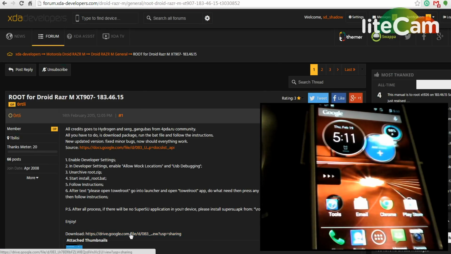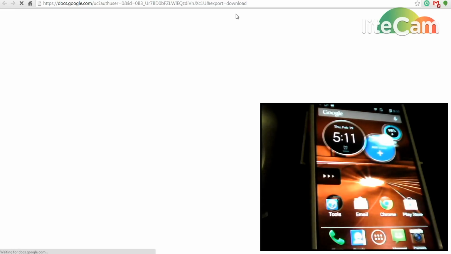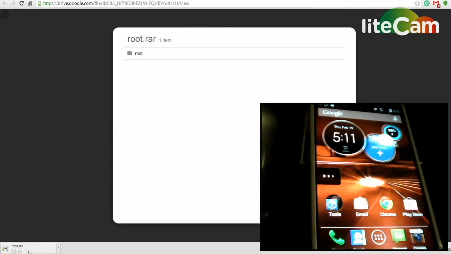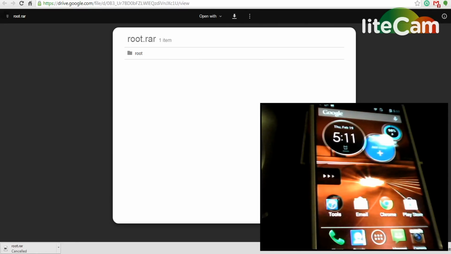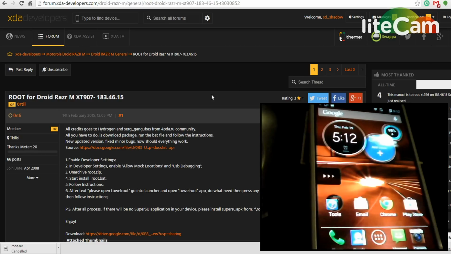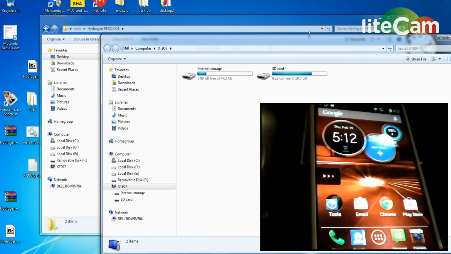We want to download from here. It's a Google Drive file. You'll just get a pop-up like this, and your download is right there. If you click on that, you'll get a page, if it'll load, asking if you want to download it. Well, I think it's going to download. I already have it, so we'll just cancel that. Okay, we'll go back here. Let's see. Okay, we're going to download it. Once you've downloaded it,